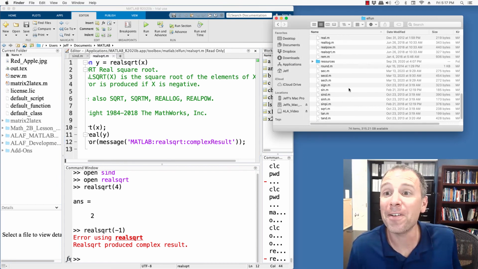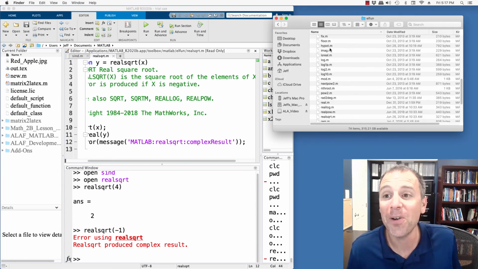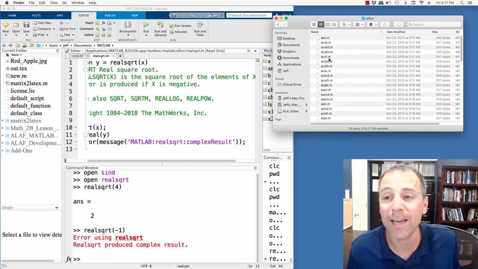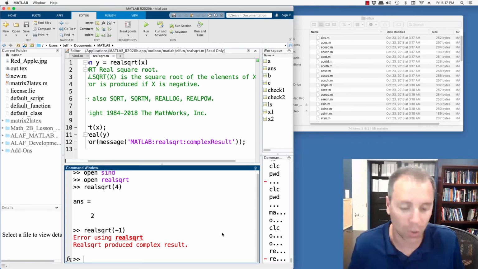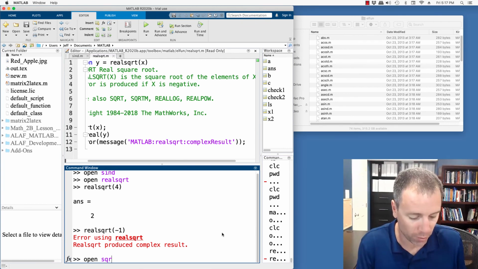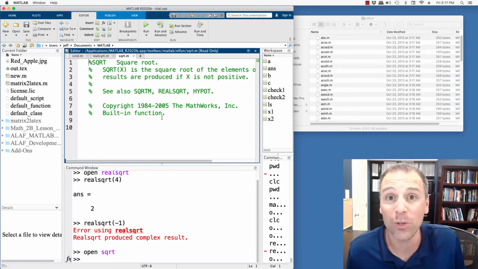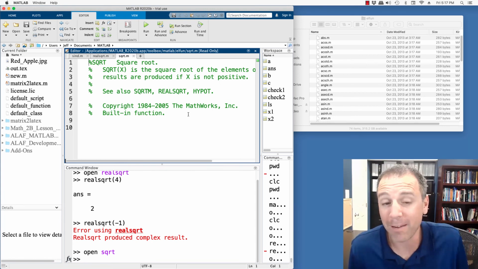The point of this demonstration was to show you that in this folder are all of the different functions that MATLAB uses when I call them. So I can also try to open the sqrt function. I don't think MATLAB's going to give me access to that because calculating square roots is actually kind of hard. So I imagine they paid some coders to spend months of their life trying to figure this out. Indeed, I don't actually see the source code. This is read only in this location.